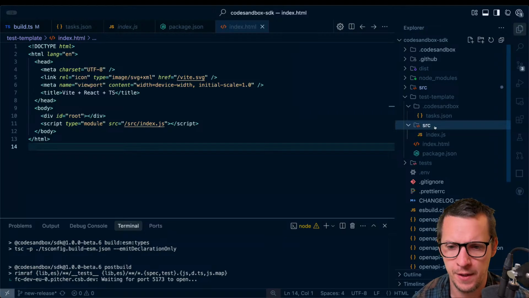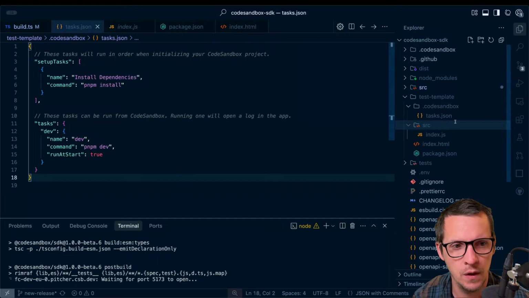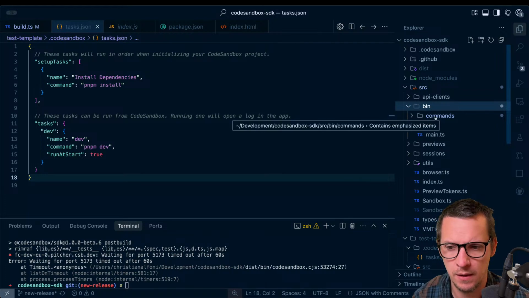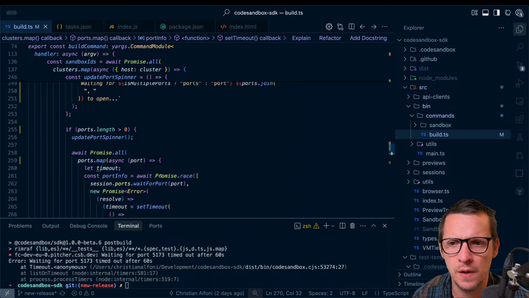So there are a couple of things we can do here. First of all, we can give the ID to the sandbox it actually created, so we can take a look at it. So we're gonna fix that first. Where's the bin? There's the bin. And what we could also do is